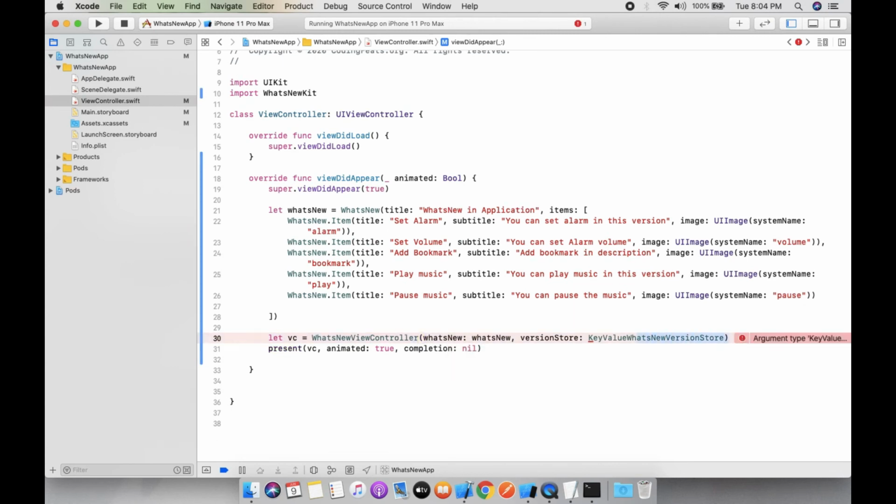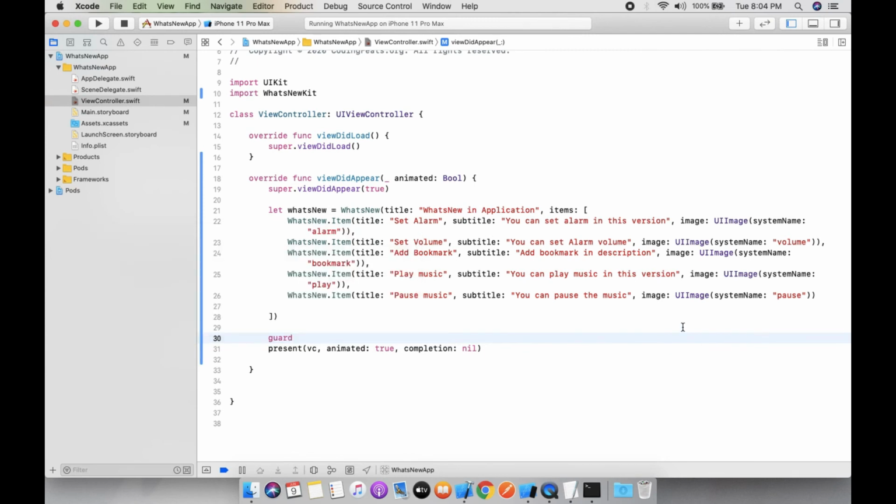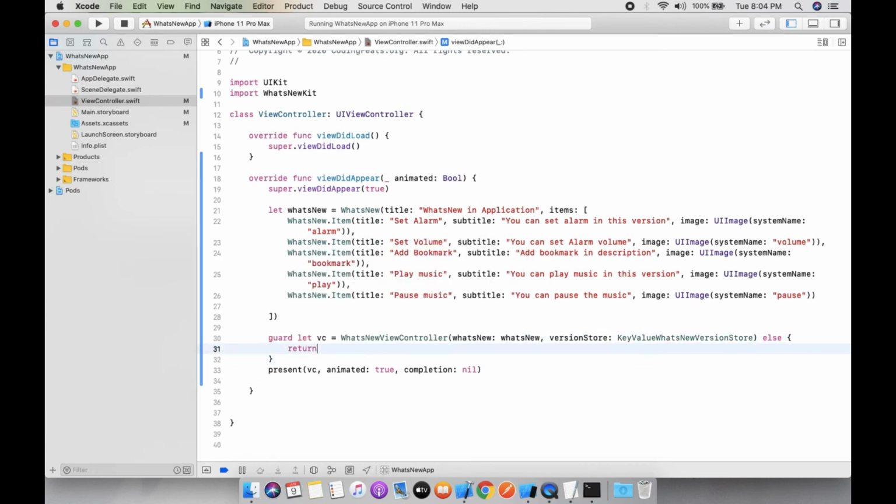Okay, so we need to take this and guard this, else return. So it's always true.